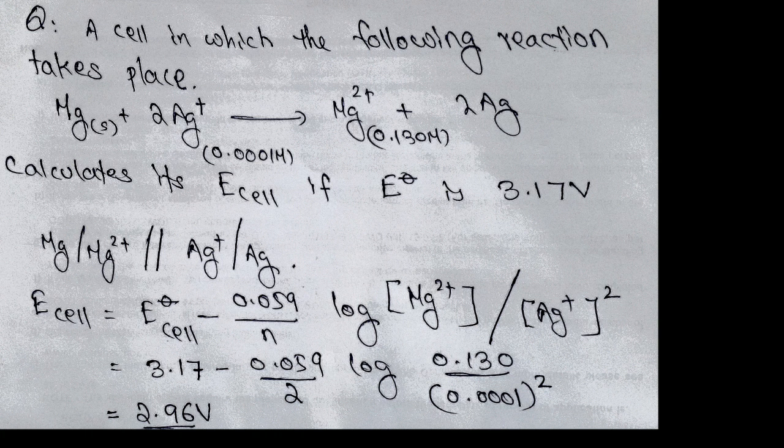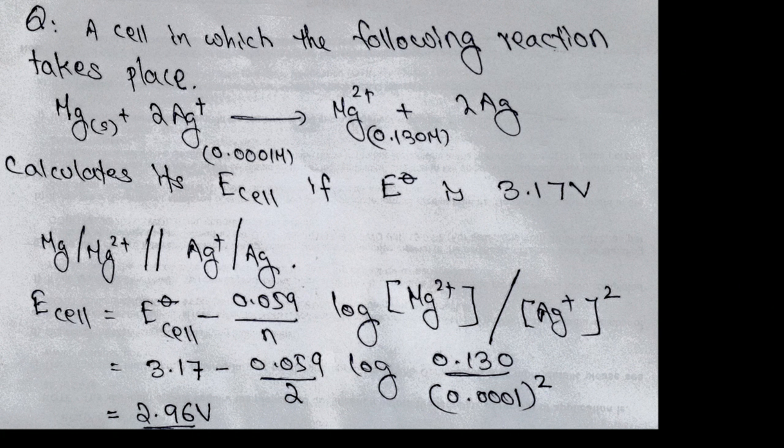So according to the Nernst equation, E cell equals E0 cell minus 0.059 divided by n log concentration of Mg2+ divided by concentration of Ag+. In a chemical equation, it is the concentration of product divided by concentration of reactant. So on the product side it is Mg2+, on the reactant side it is 2Ag+, so Ag+